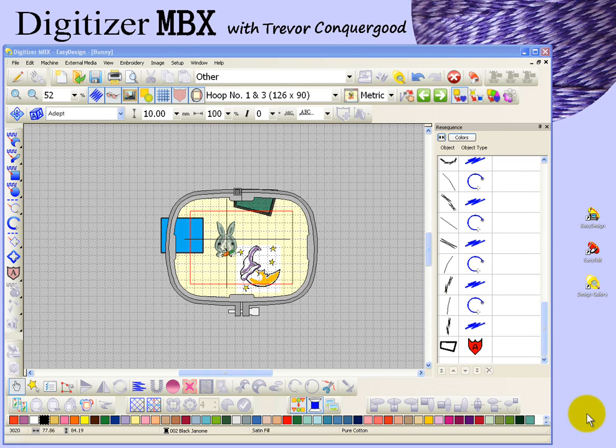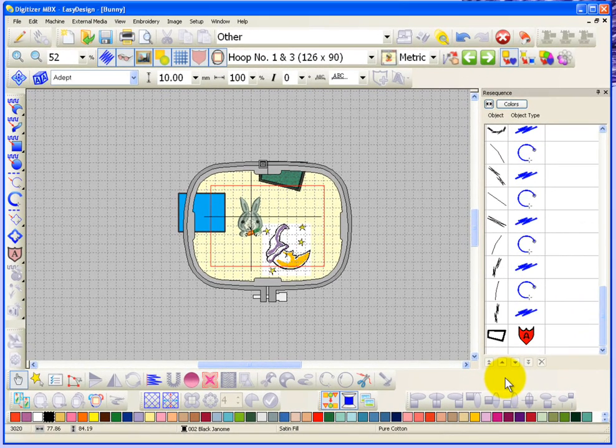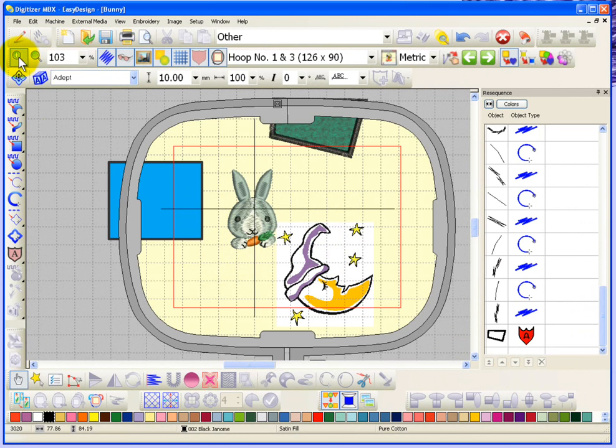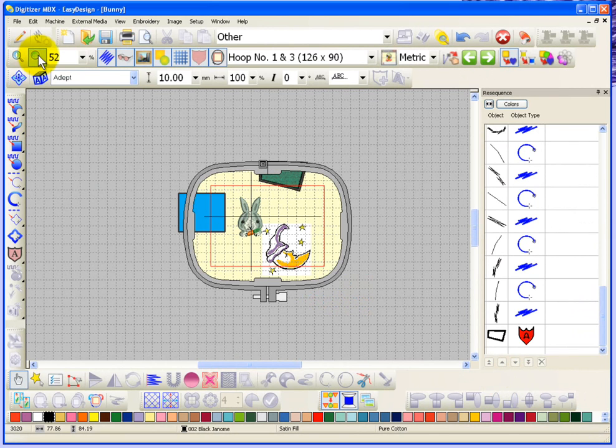In this segment, we're going to take a closer look at the view zoom options. First of all, if you look on the desktop, you do have the ability to zoom in by clicking on this button and zoom out by clicking on this button. It currently shows me that I'm zoomed in at a factor of 52%,